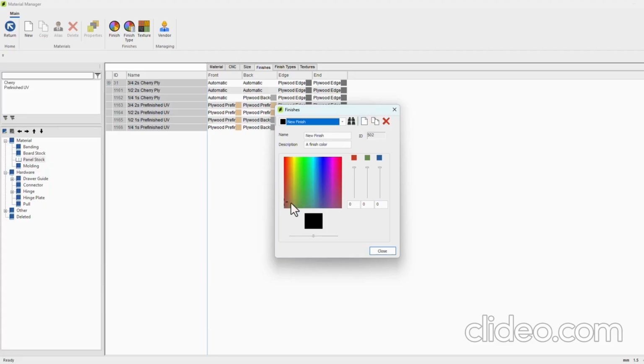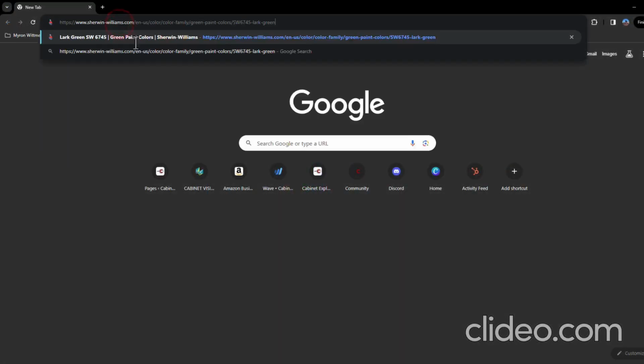So what if I want to add a green color? Do I just kind of guess what this is and then give it a name? I'm going to show you how I used to do it, and for me, even if you're not rendering, I think it's still well worth taking the time to do this. So let me give you an example. Let's say we're doing a Sherwin-Williams color. I'm going to pull up a URL,